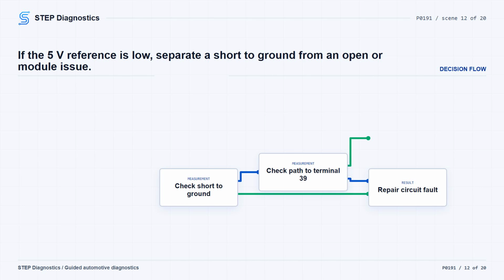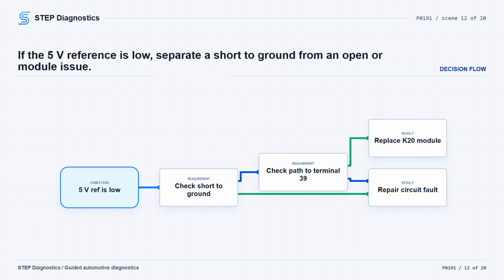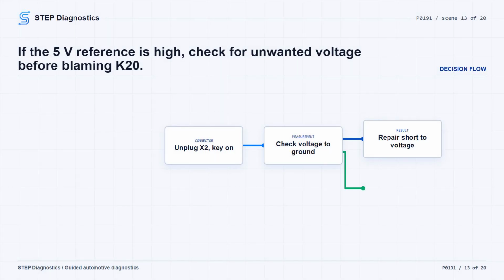If it is infinite resistance, test for less than 2 ohms between 5V reference circuit terminal 3 at the component harness and terminal 39 at the control module harness. If that is 2 ohms or greater, repair the open or high resistance. If it is less than 2 ohms, replace the K20 engine control module. If the 5V reference is greater than 5.2 volts, turn the ignition and vehicle off. Disconnect connector X2 at the K20 engine control module, turn the ignition on with the vehicle in service mode, and